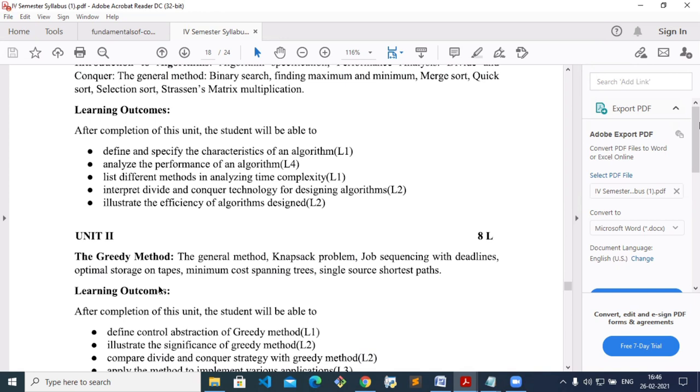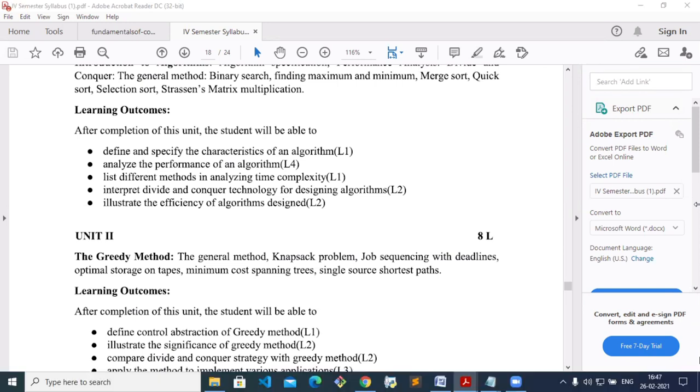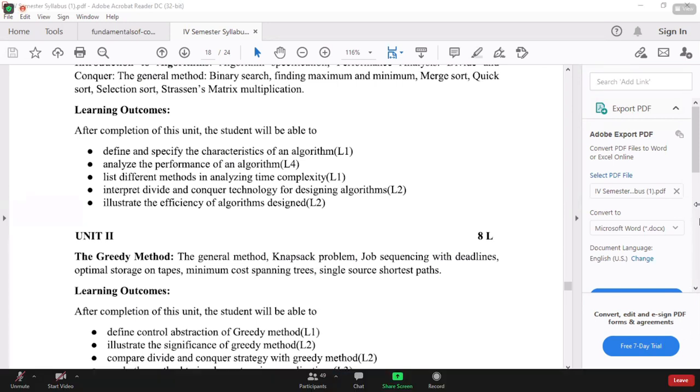Other than you, any other CRs? What are the roll numbers of the remaining CRs? 8 and 24. Who is roll number 8? I think she did not even connect the audio. Who is 24? Okay. Those who are having doubts can stay, and the remaining people can leave the session.